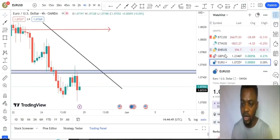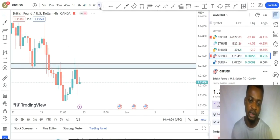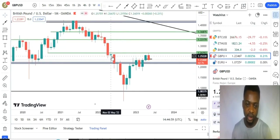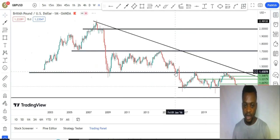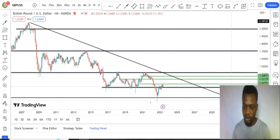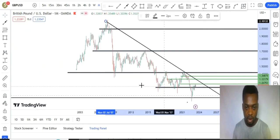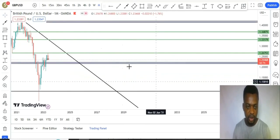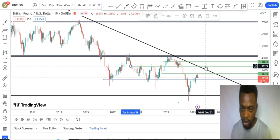So the same thing, we go over to GU. This one I don't like, but I analyze it for my people who love it, because I have a lot of people who love GU. So for their sake, I come to analyze GU. From the monthly time frame, just like Euro USD, it has also been trending downwards, right? You can see it. Downward trend. We were hoping that this guy was ready to rally up and all that,